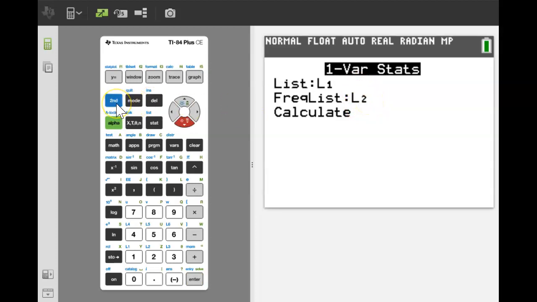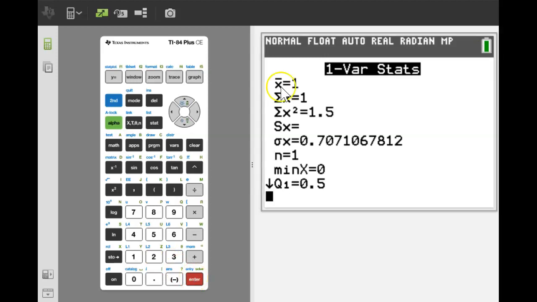Then go to Second, 2. On the top, you will see L2 is marked in blue. That's what Second means. Click 2, Enter, Enter again, and you will see the mean as x bar. Standard deviation, sigma x, is 0.707.